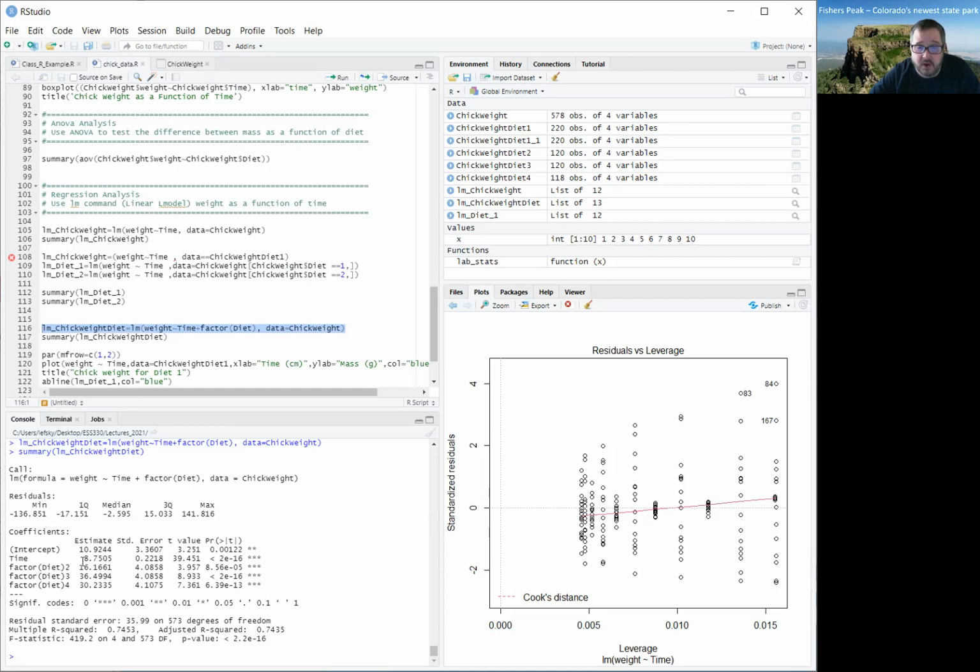So if the factor is diet one, then the predictive equation for this would be 10.9244 grams plus 8.7505 times time. For diet two, you add another 16 grams. For diet three, you add another 36 grams. And for diet four, you add 30 grams. So it's actually less. And you can see the t-values here, the standard errors, and the p-value of the overall